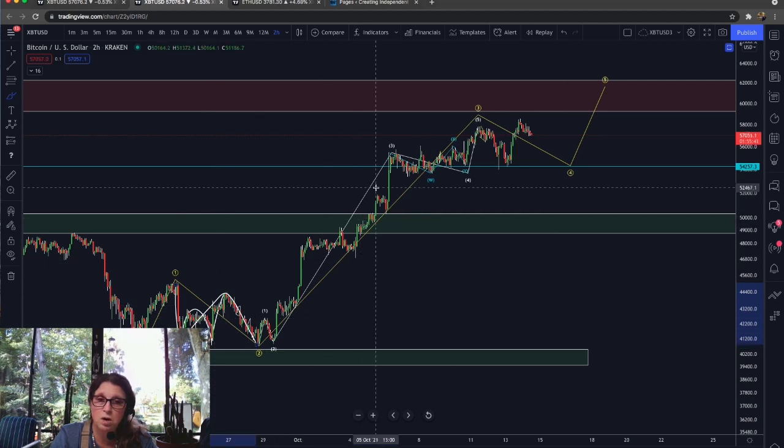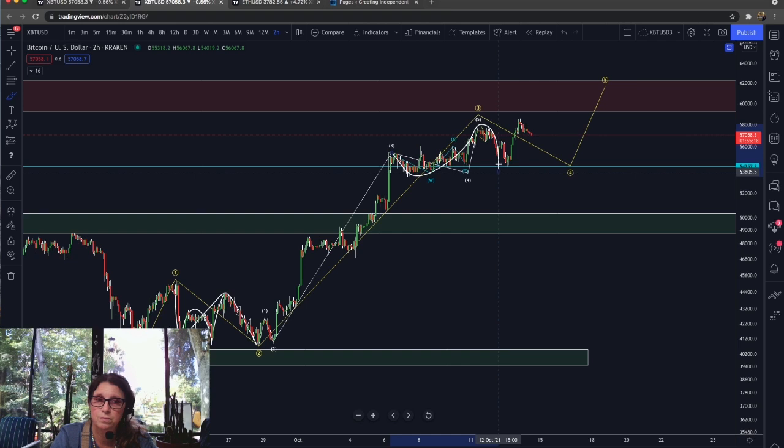Then we go on up, and we had an extended fifth in here for our third. All of this in here is a complex correction of a W, an X, and a Y. Now, some Elliotticians are trying to call the correction going like this as a flat. Well, I don't see it that way,